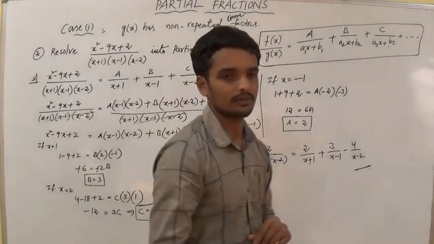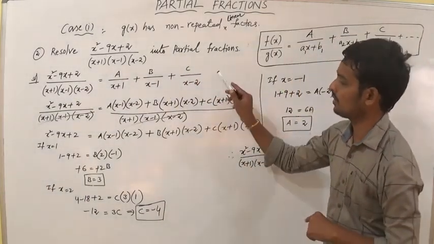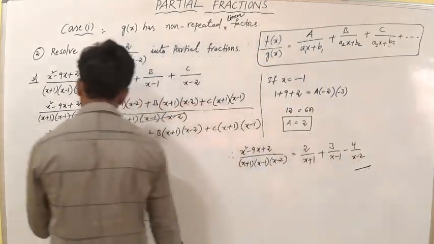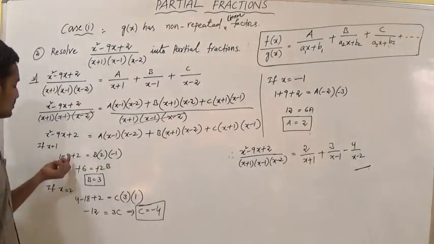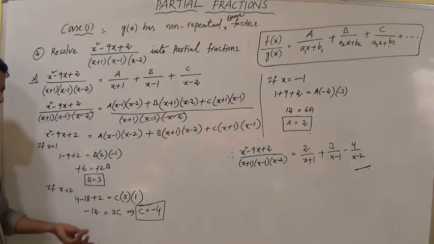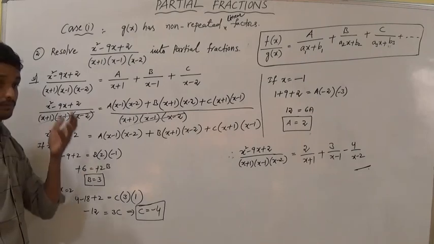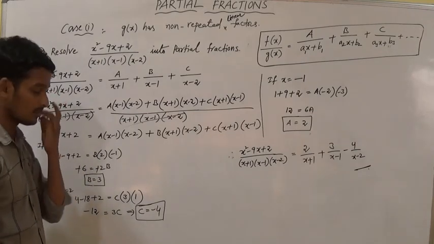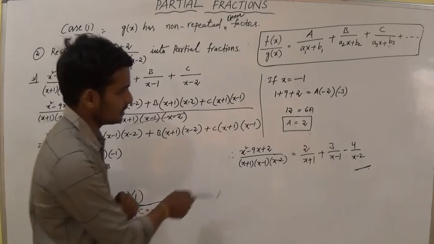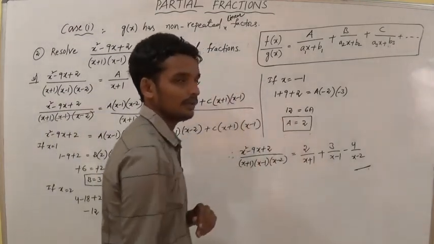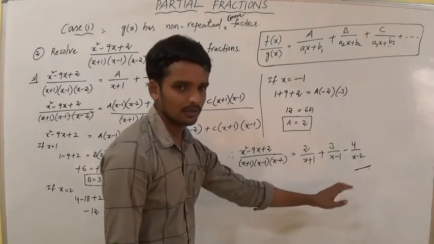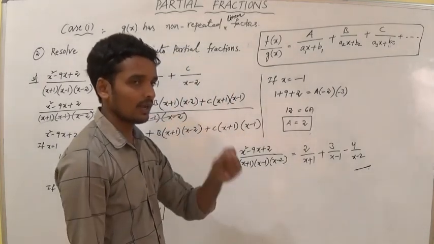Otherwise, your problem is wrong. You have to verify where we went wrong, starting from that step. So I think nothing is tough. Why? Because you can solve for the values like this. These types of problems we have solved very easily, I think from 7th class state syllabus. X is equal to 1, we will get the value of B. X is equal to 2, we will get the value of C. X is equal to minus 1, we will get the value of A. So actually the problem is completed up to here. It is finished.